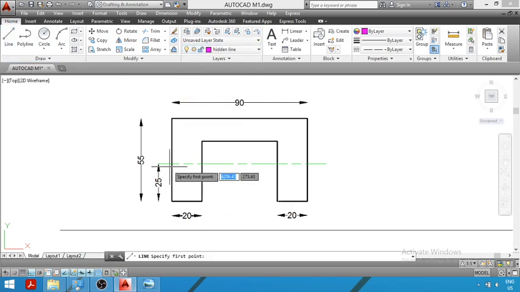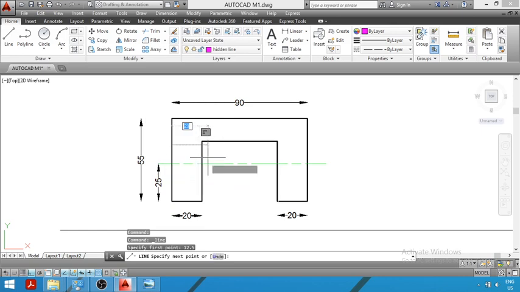So now we will show the holes. You can see this is the center line. From this center line we will take a distance of 12.5 mm above and 12.5 mm below. From this center line I am taking a distance of 12.5 mm above, and I will show the hole.